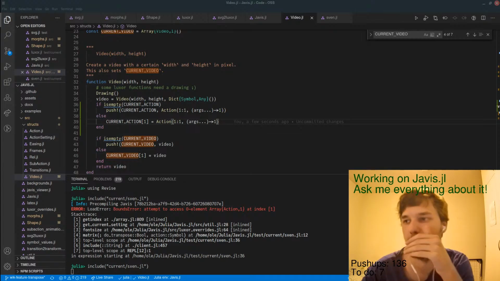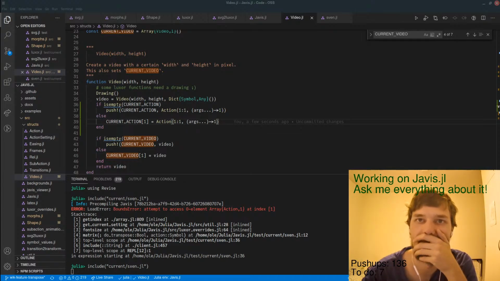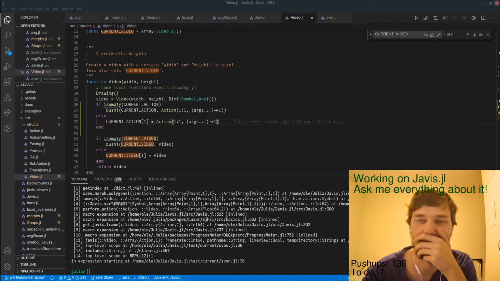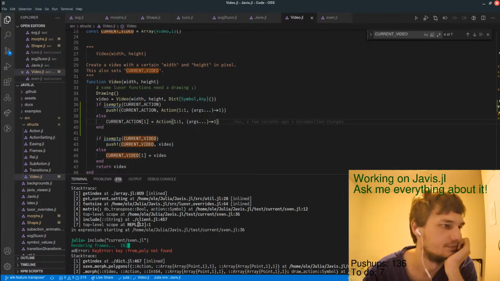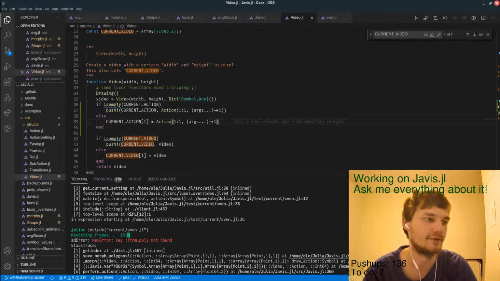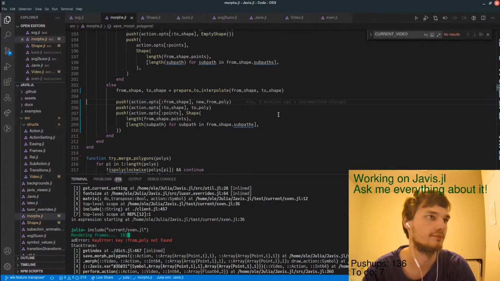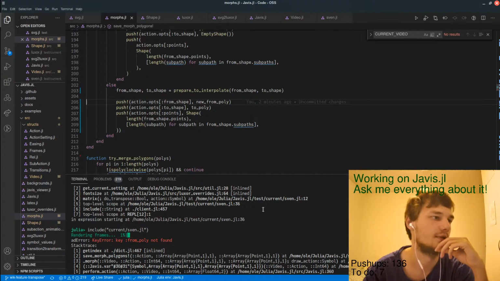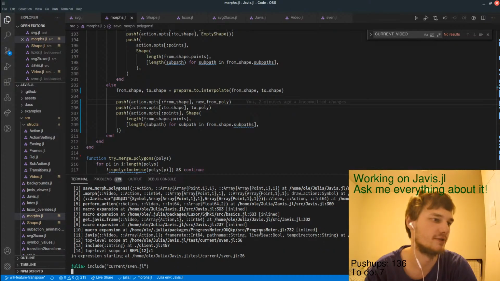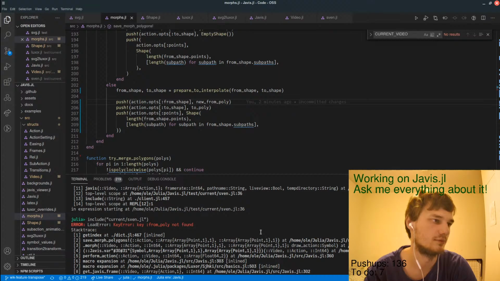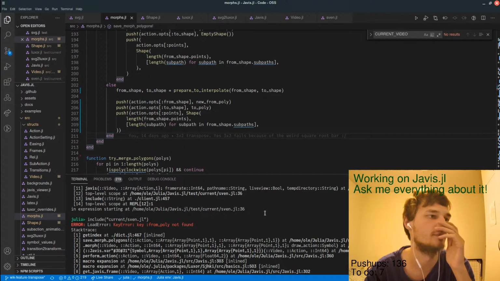Yeah, in general, we try to have kind of a different structure of Javis in version 0.3 probably because it's breaking. Great, but I fixed this, right? Because there's not from pooling.